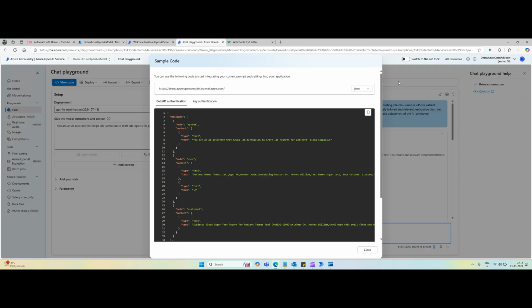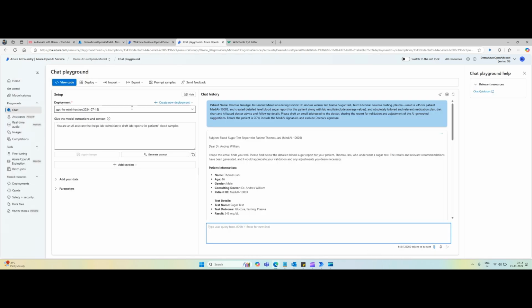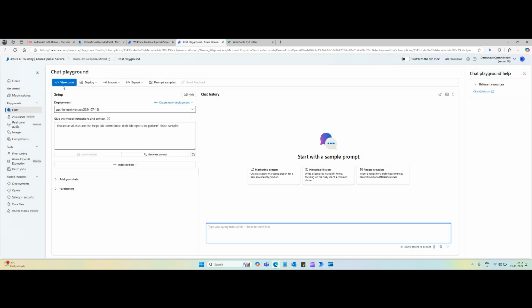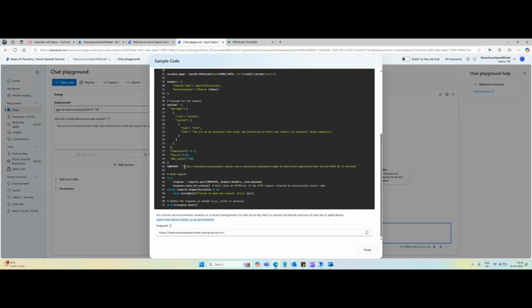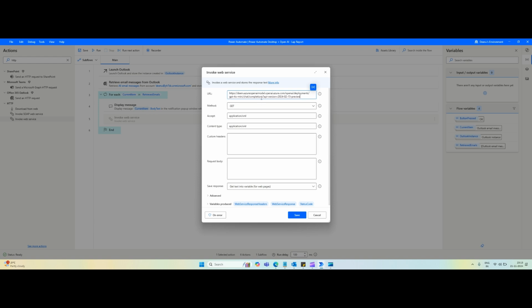Then let's go to the chat playground and let's clear this. You can see the endpoint details here. Just copy this and put it in the URL and add one more